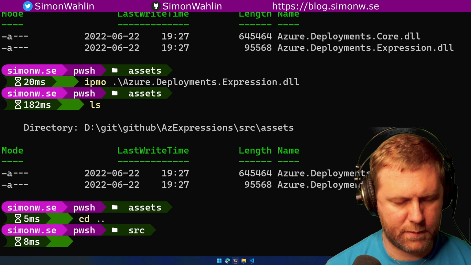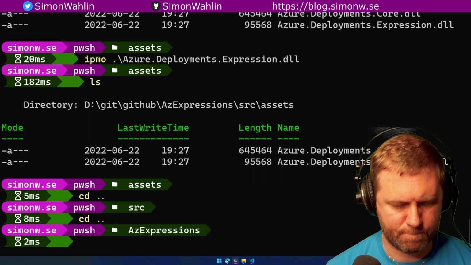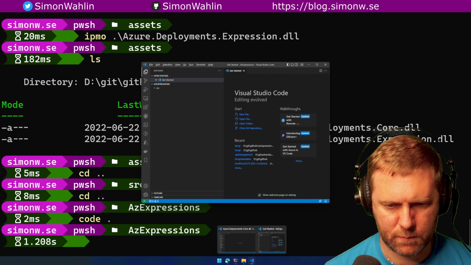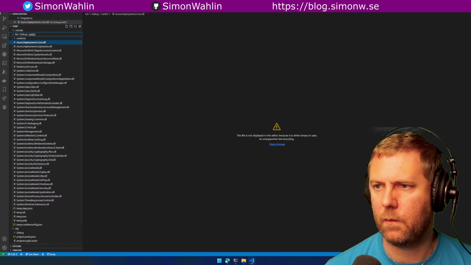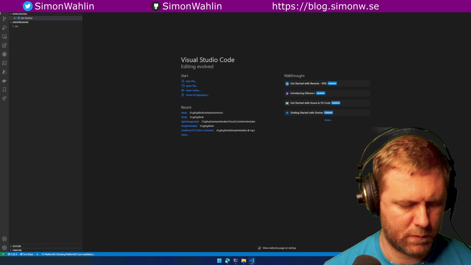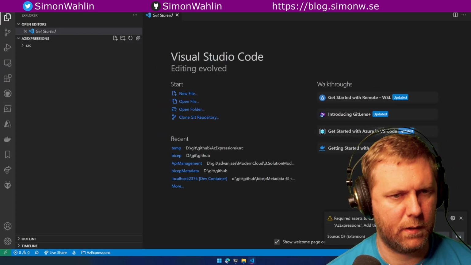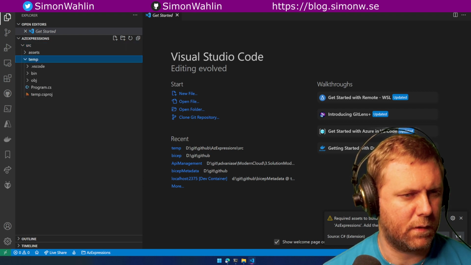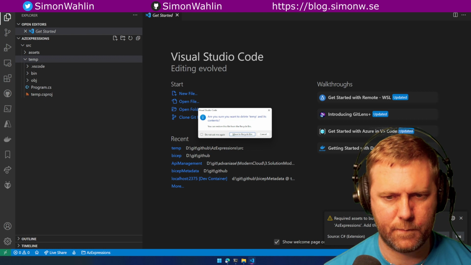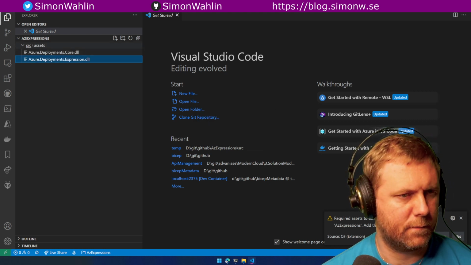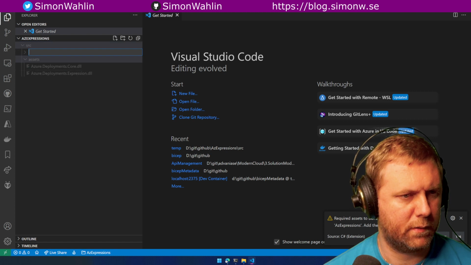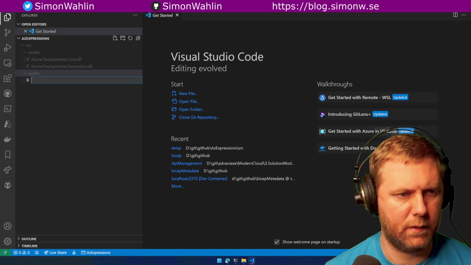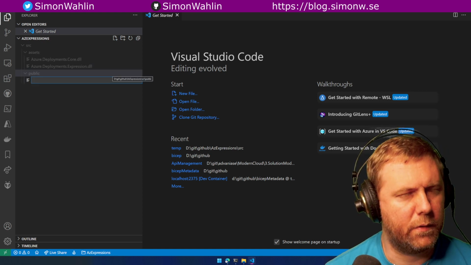That's good. I'm just going to open up this thing in code. Close this one. See if we can make this a bit bigger. So I don't need this temp folder anymore. Delete. And in source, we create a new folder, we call it public. And here we're going to create a new file. We're going to call that